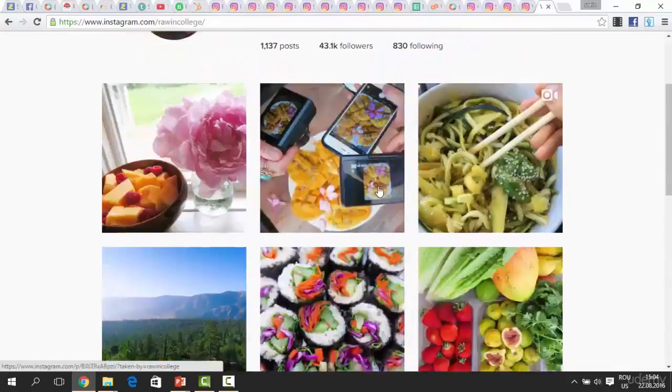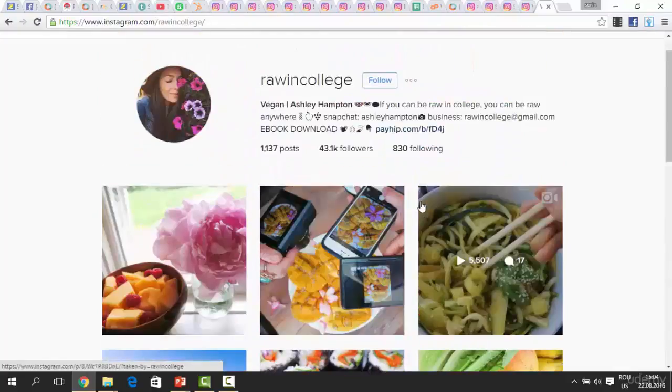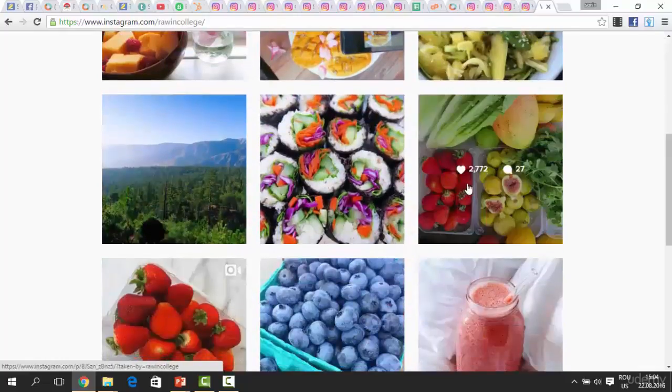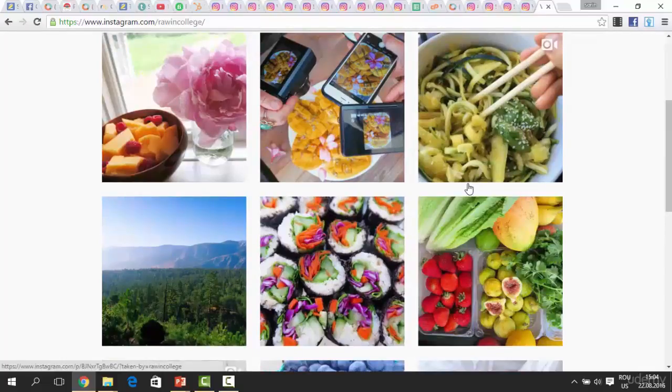So this is, guys, how you actually can get some ideas about which are the influencers in your niche, what type of hashtags they are using, which is the style. And in this case it's pretty simple. You either use photos with yourself in combination with ingredients of raw foods when you are at the table eating raw foods, or just with the ingredients themselves. Okay, that's the style. It's pretty basic.